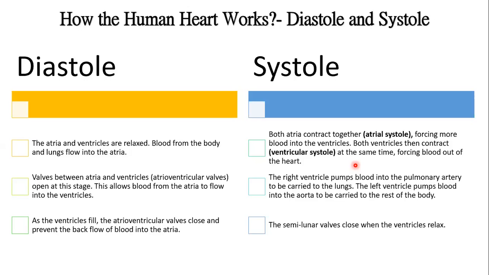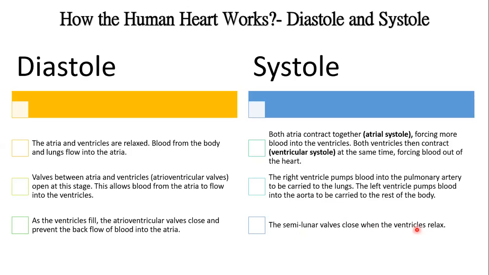Okay, good. Now, remember that the right ventricle pumps blood into the pulmonary artery, and this blood goes to the lungs. The left ventricle pumps blood into the aorta to be carried to the rest of the body. Okay. Now, when the ventricles relax, right? So after the blood is pumped from the ventricles, remember the ventricles cannot contract forever. At some point, they must relax. So when they relax after contraction,